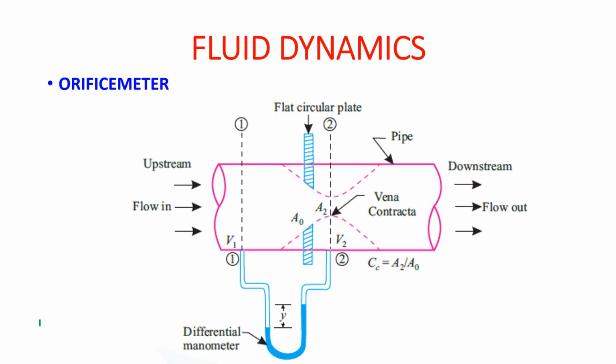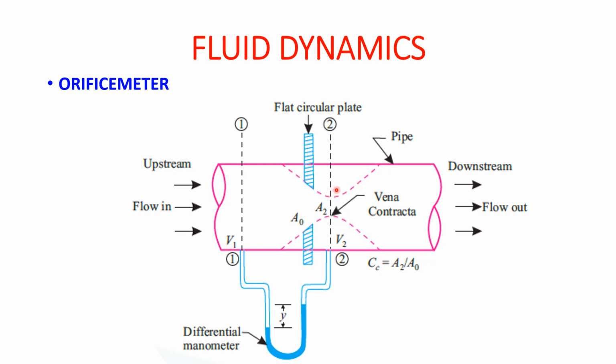So as the water is flowing through the pipe, it enters through this orifice. Then after some time the water will not initially take the shape of the pipe again. Some distance from the orifice, that is, the distance of section 2 from the orifice, this section is the vena contracta section. After passing through the orifice, the jet diverges from the streamline, and this diverging of the jet from the streamline is the vena contracta section.